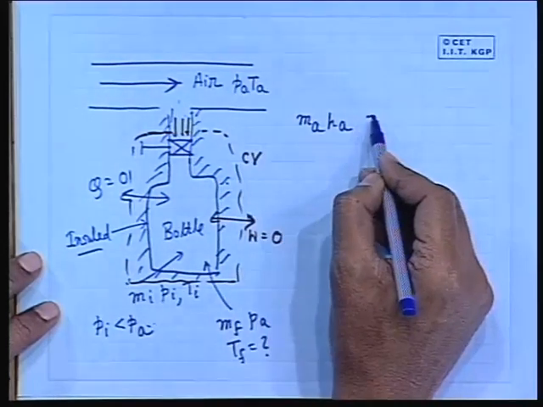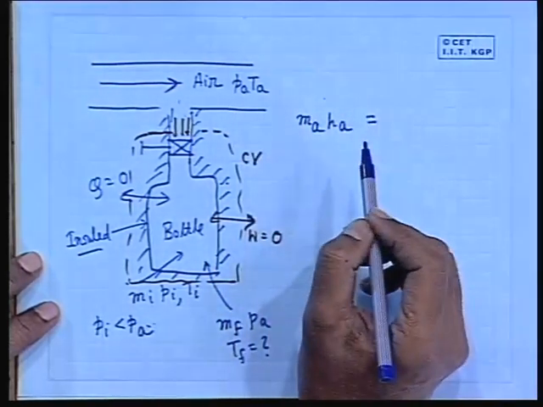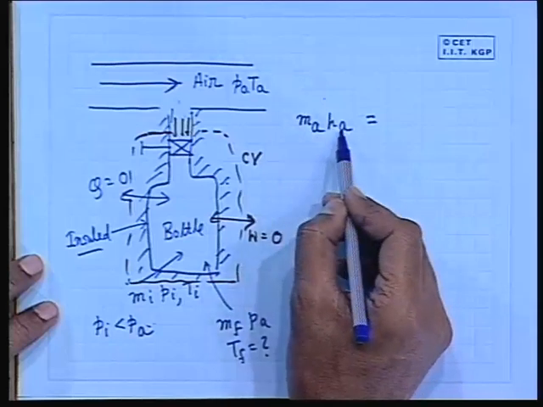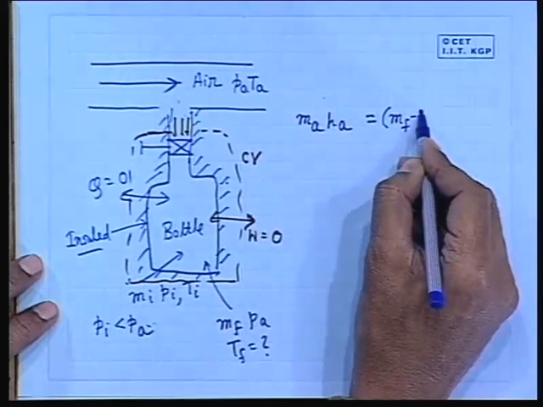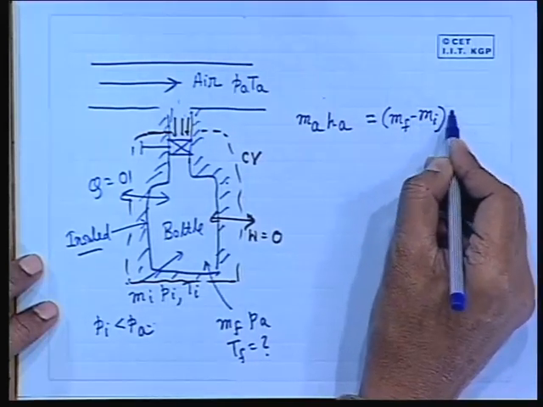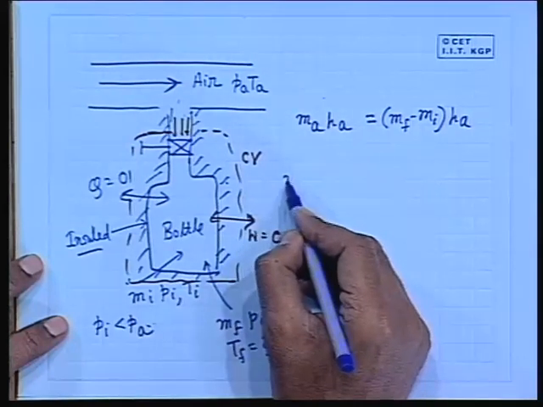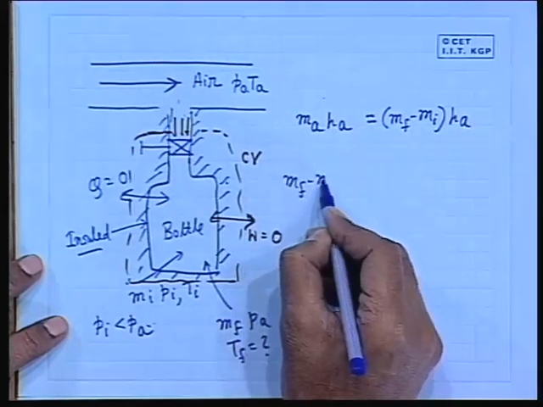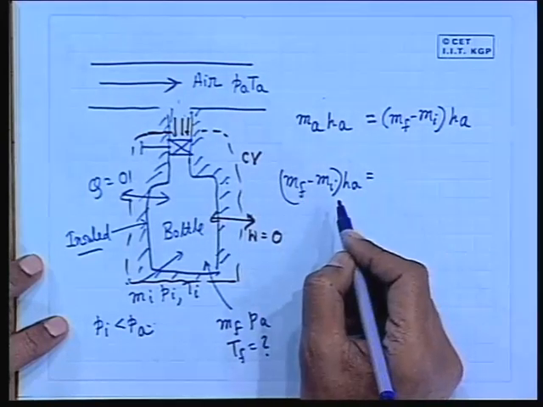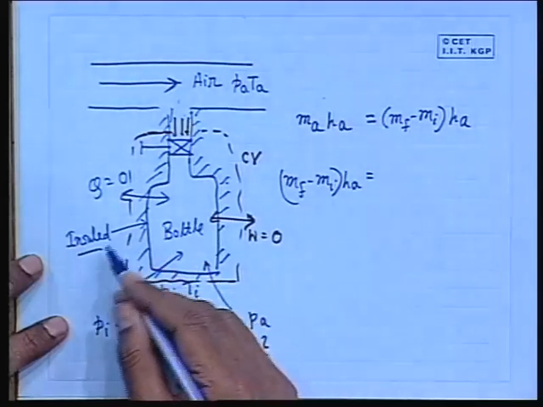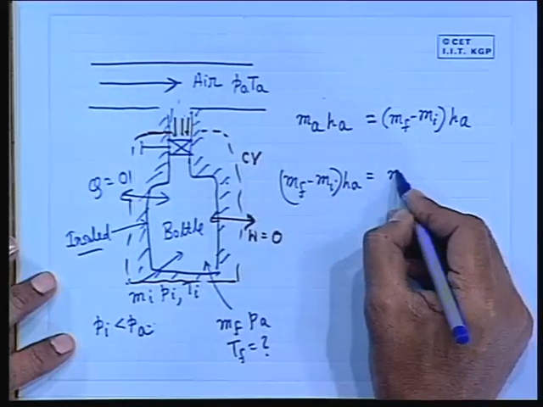That is the influx of energy to the control volume. And this will be equal to Mf minus Mi, obviously, simple mass balance, times Ha. So it is a very simple problem, Mf minus Mi into Ha will be equal to what? The change in the internal energy of the control volume. Common sense. That means Mf